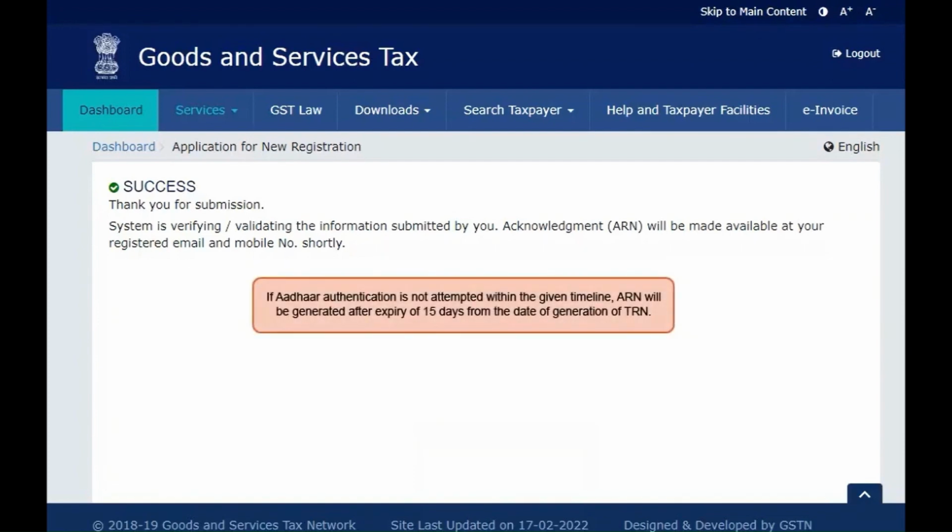However, if Aadhaar authentication is not attempted within the given timeline, ARN will be generated after expiry of 15 days from the date of generation of TRN. The process of filing of application for new registration would be complete once the ARN is generated successfully.